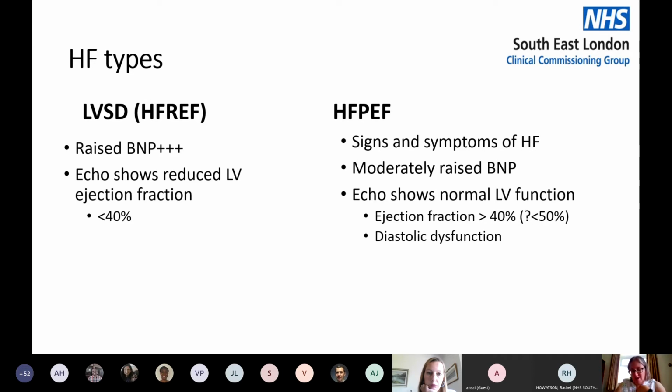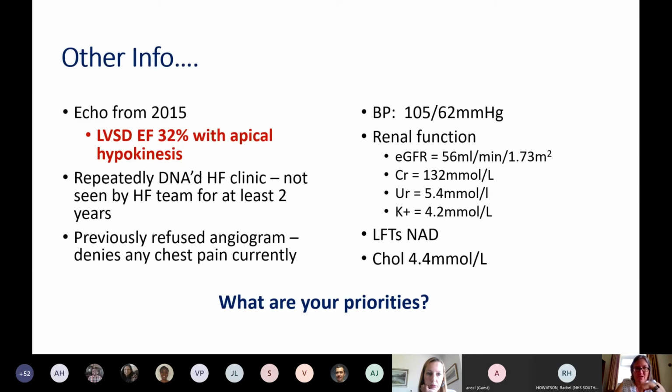So there's no prognostic medication that we have for HFpEF, heart failure with preserved ejection fraction. And that's why it's so important patients are coded properly. In HFrEF, heart failure with reduced ejection fraction, we know we have drugs like ACE inhibitors, beta blockers, aldosterone antagonists that really improve outcome. And we really need to identify that cohort of patients